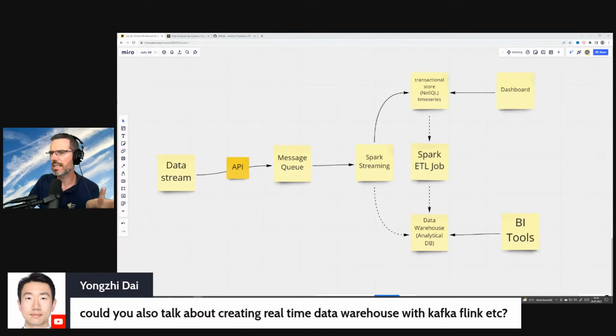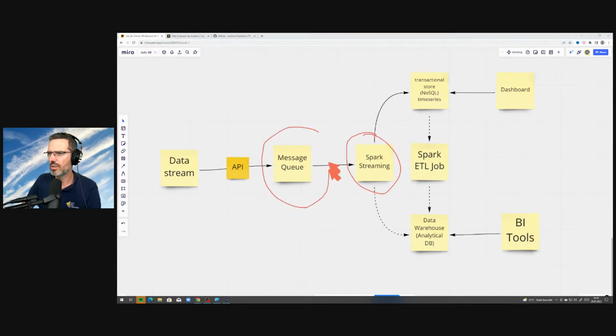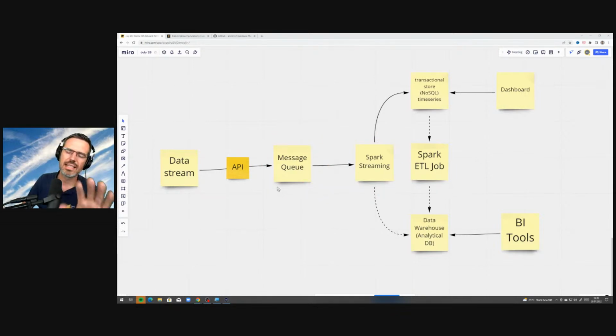Yeah, basically, Chongzi, that's what you've been asking here. That would be a real-time data warehouse where the data is coming in and gets put. This, of course, Spark streaming here, you could exchange with whatever, right? So that's exchangeable. I wrote here message queue because I want the message queue to be general, just to give you an idea. But this is literally always the same thing. It's always the same thing.